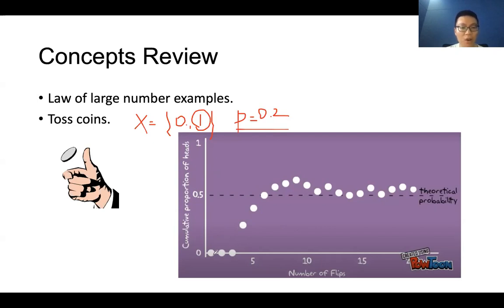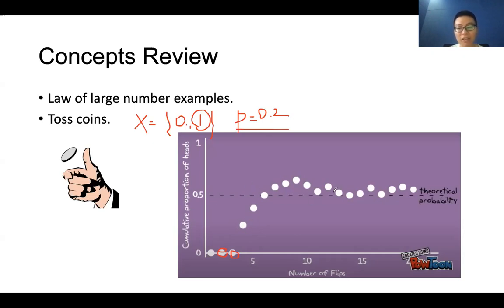If you toss just once, it should be no head, right? It should be just tail. When you toss a second time, it should also be tail, right? Because it's a random variable. If you toss a third time, it should also be tail. But if you toss a coin more and more times, you would have some heads.